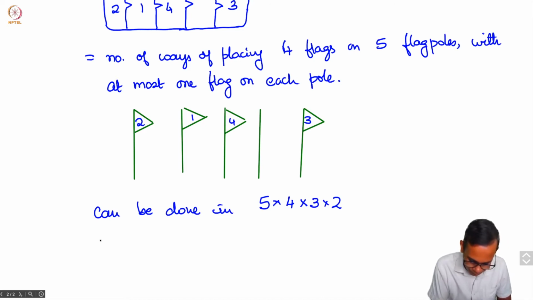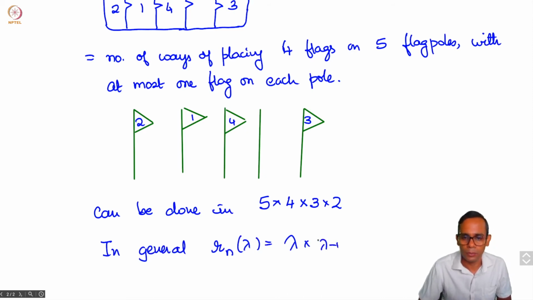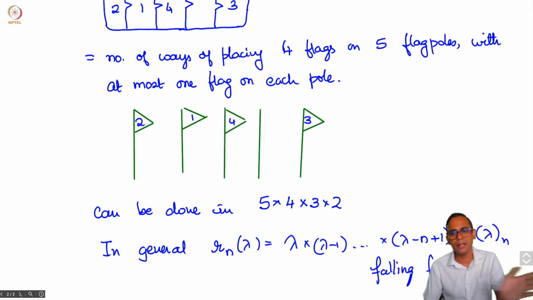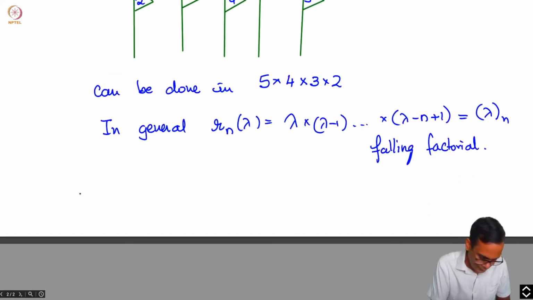In general, R_n(lambda) is lambda into lambda minus 1 into ... lambda minus n plus 1. This is called the falling factorial. So it's a product of n numbers starting with lambda and decreasing by 1 each time. And what we get is